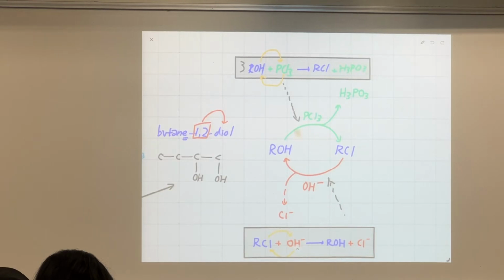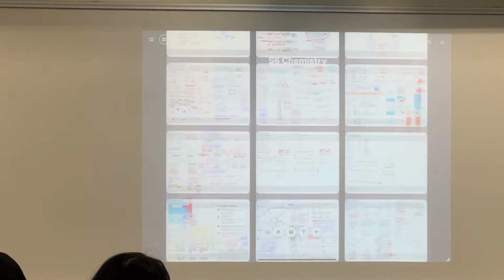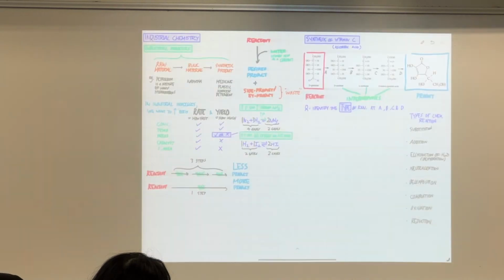Do you remember this roundabout? You go on and on, okay? Alcohol, when you convert it into a haloalkane, you use PX3. I said X because this can be any other halogen, like Cl or I. So if we want to go from this to this, we use PX3. But back from haloalkane to alcohol, we use aqueous sodium hydroxide. So this is what we can put in here.